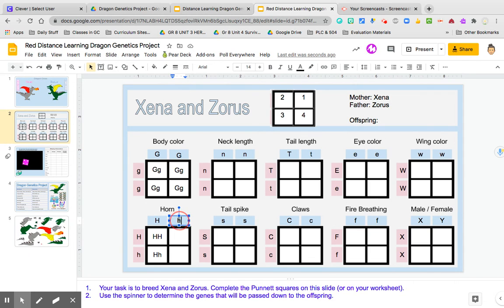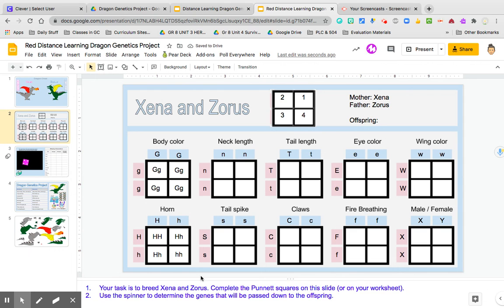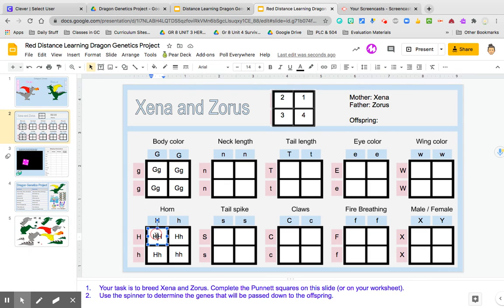So now we're going to bring this down. We have an H. We're going to bring this over. We have a capital H. Can't do that. Capital H, little h. And then we're going to bring this little h down. We're going to bring this little h over. All right. So now we have the four options, right? So given the egg and the sperm of the mom and the dad, the babies can have any one of